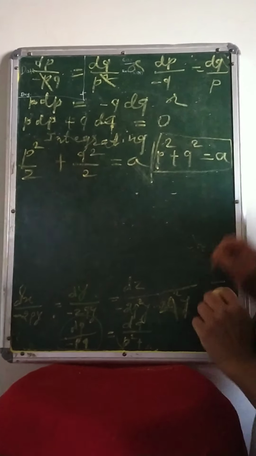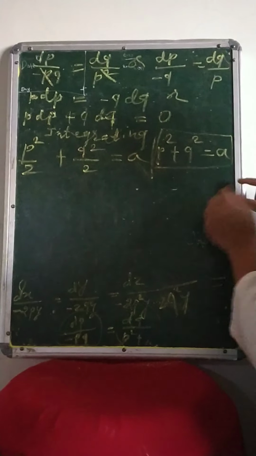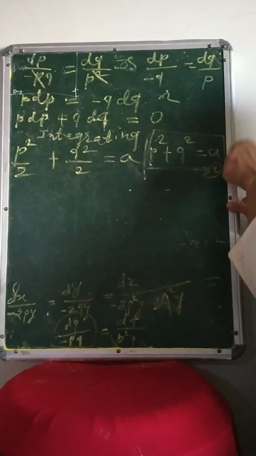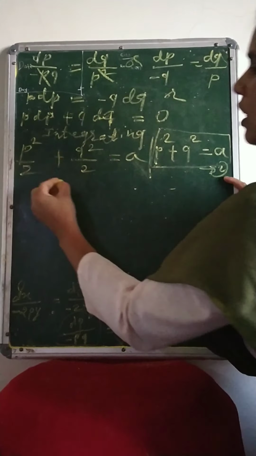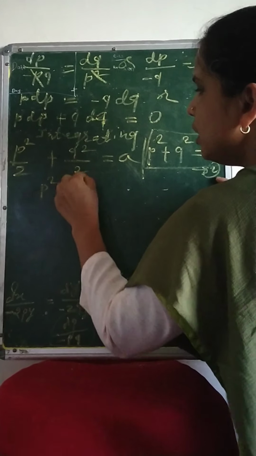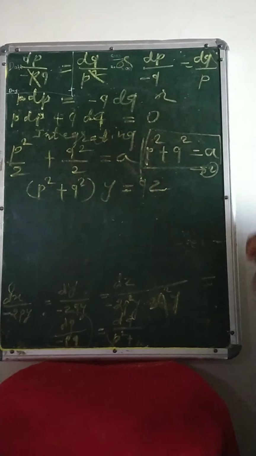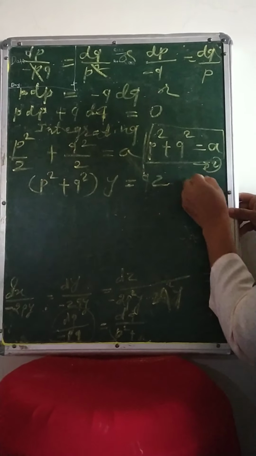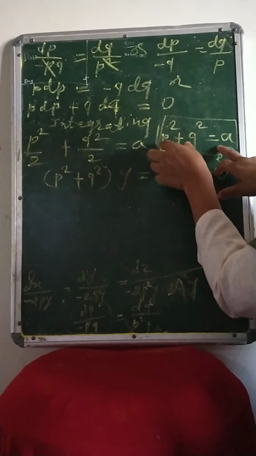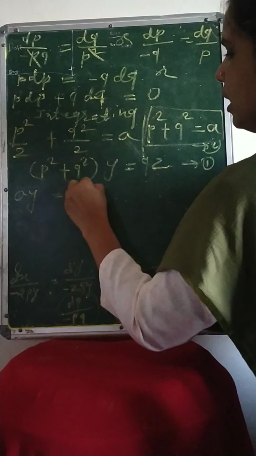After this, what do we have to do? Here simply we find the values of p and q. So for that we put this equation, this is equation 2, in the given equation. So our given equation is (p square plus q square) into y equal to qz. I repeat, this was equation 1. So we put this equation here. p square plus q square is a, so it is ay equal to qz.